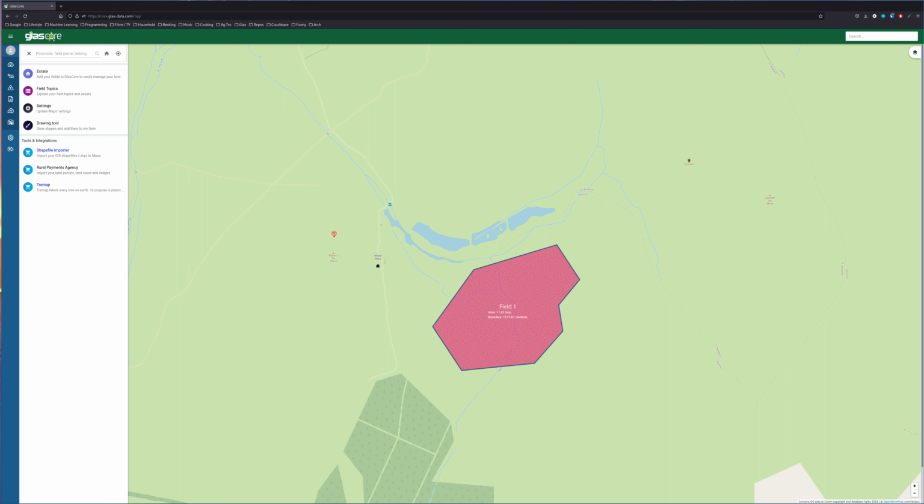Now, the last thing that you might want to do is to actually bring in information from various third parties. Now, for various privacy reasons, I don't have any shape data with me now, but I'm going to take you very quickly through how to do this. So the first way you can do it is by using our shapefile importer. You'll notice that we have another section here at the bottom which is called Tools and Integrations,